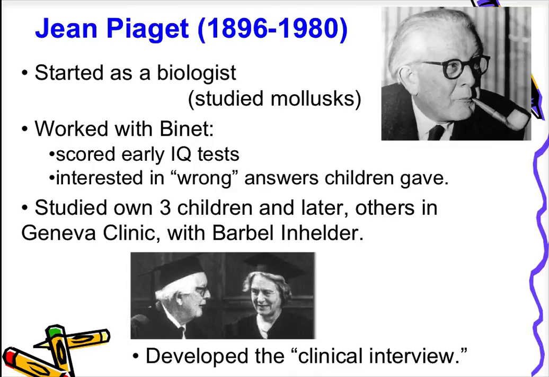And so he hired a young Piaget to help him with this, and Piaget became interested not in how many questions people of different ages got right, but rather in the unique sorts of wrong answers that children of different ages gave. And so he began his independent work studying his own 3 children, and later established the Geneva Clinic